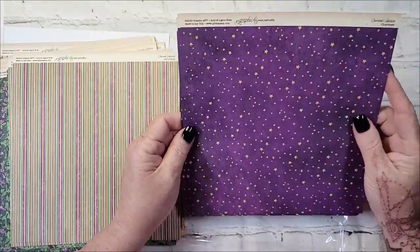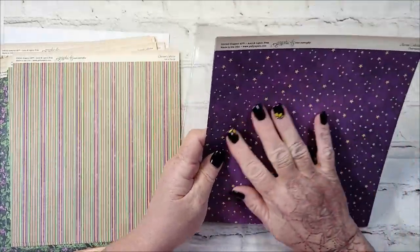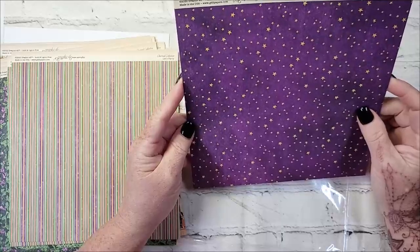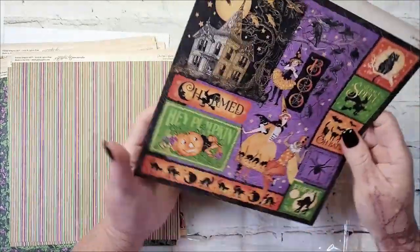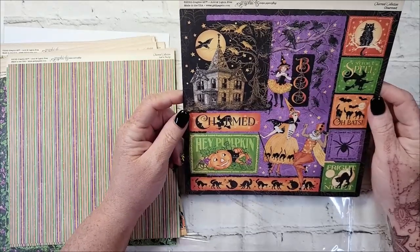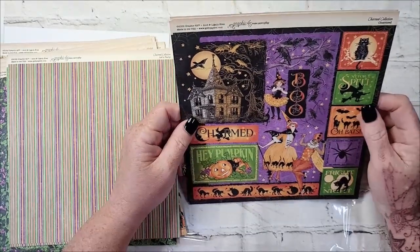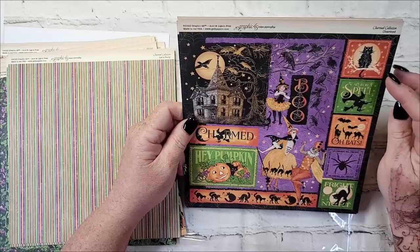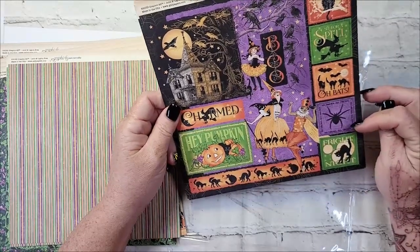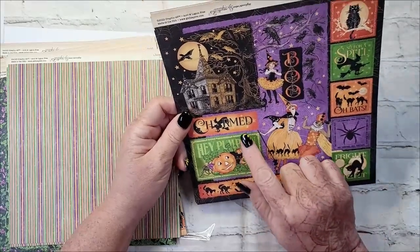And then this one is called Charmed. Very, very pretty with the purple background, kind of a mottled effect. And the stars, the yellow stars. And this side, oh, I don't want to cut it up. Thank goodness I have 3 of them. So kitty, and then the Sit for a Spell, Oh Bats, No Tricks, All Treats, Fright Night, Hey Pumpkin, Charmed,